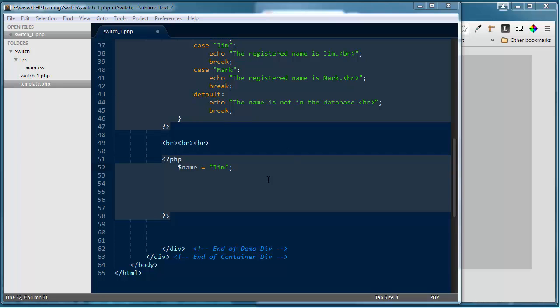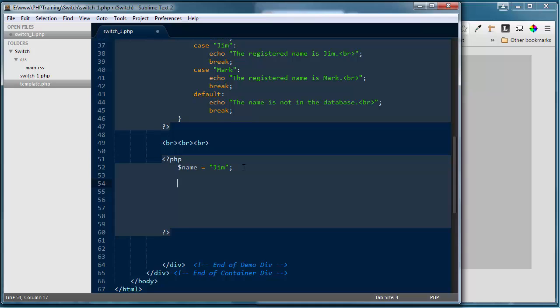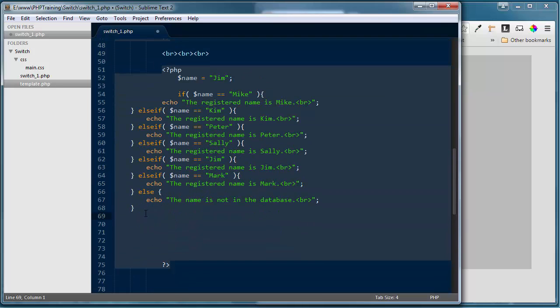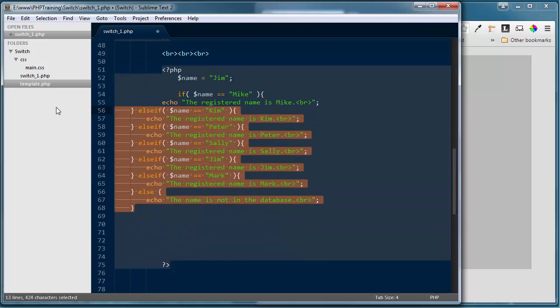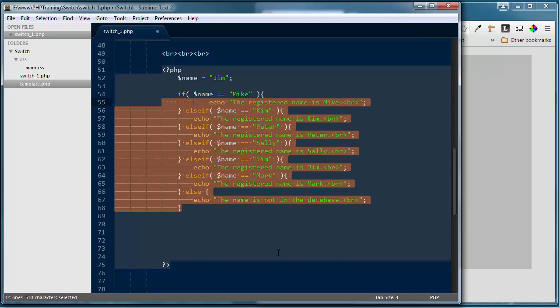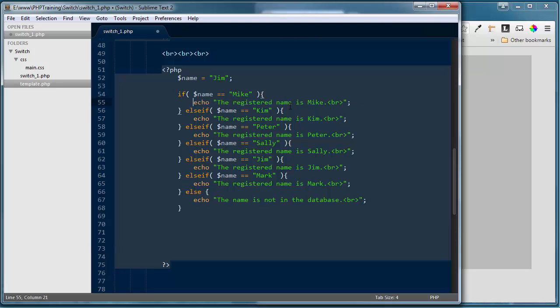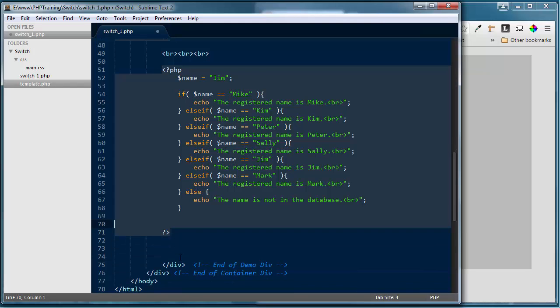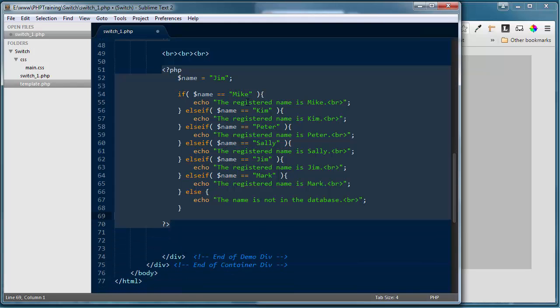So I'm going to copy this. We already covered this one in our tutorial, so you should be pretty familiar with how this if else if statement works. Let me go clean up our formatting here. So you can see I have the if, then else if, and what I'm doing is basically the same thing we had done with our switch statement. I'm looking for a match for that name variable, and I'm saying if the name is equal to Mike, if the name is equal to Kim, and remember we're using the double equal signs here because it's a comparison operator,